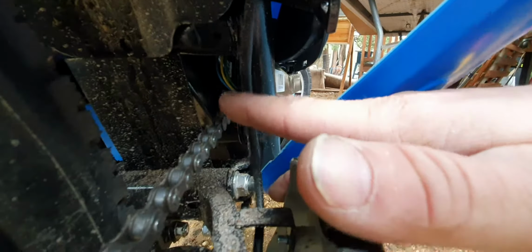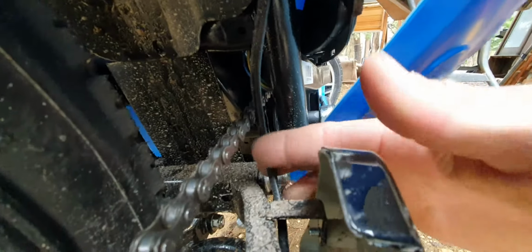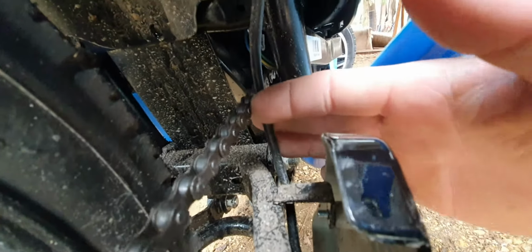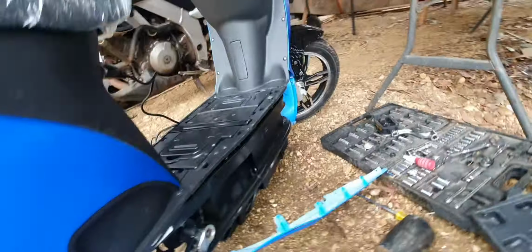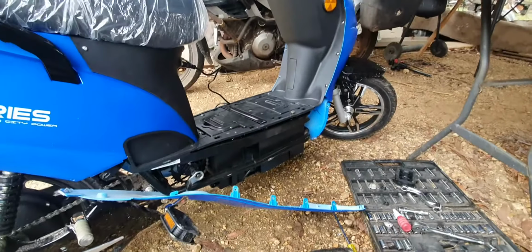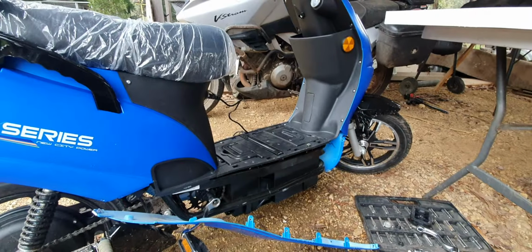Another one here. This is the main cable that goes to the engine. Same, it's touching the chain. So I don't know why they leave them like that. It needs to be tied elsewhere. Otherwise, you're going to start using the bike, this is going to start rubbing, and eventually it will cut off. I think they say this bike lasts almost 100 kilometers. Well, I don't think it does, unless...